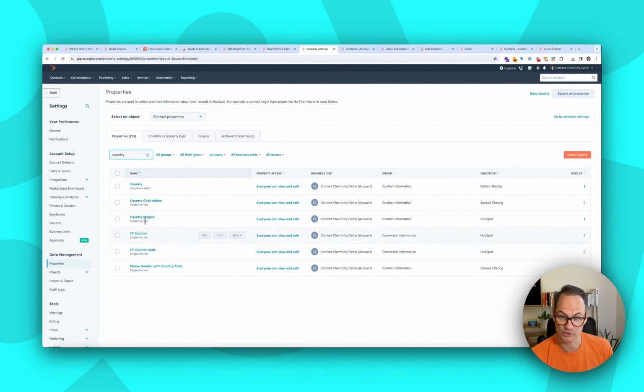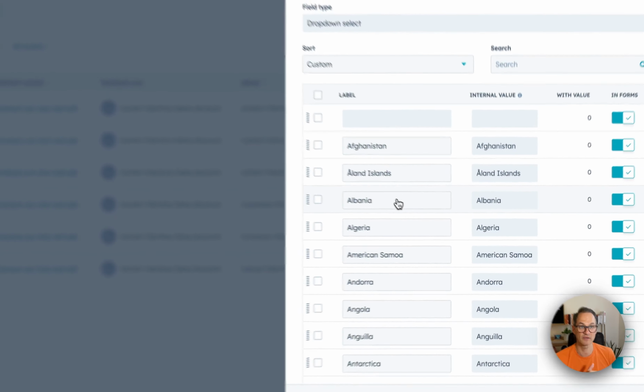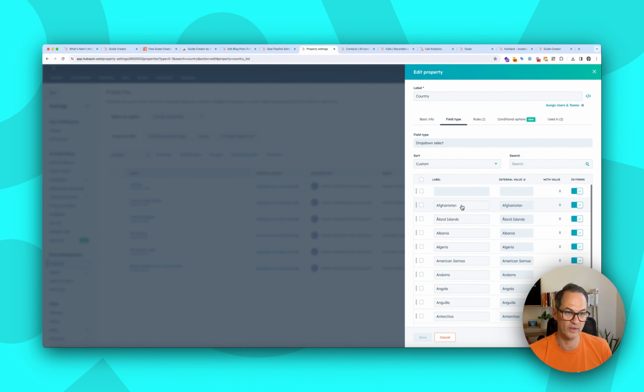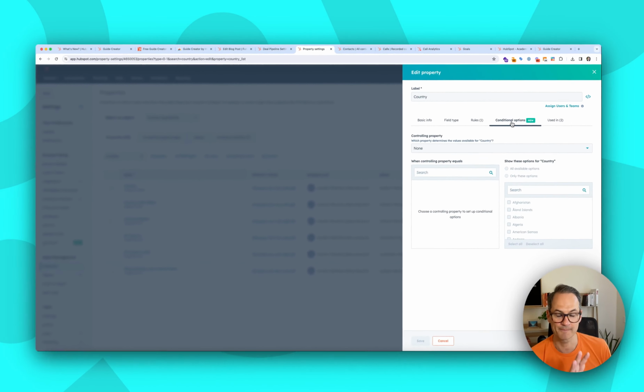because, for example, country in HubSpot is a single line text property, which is a bit of a mess from a data perspective. And the same goes for your state or region based properties, but I'll show you that in a second. So what I've done, I've created a custom country property with a drop down select. HubSpot gives you the ability to actually populate all these different countries in the world without having to type in every single one. And you'll see this little conditional options tab here,